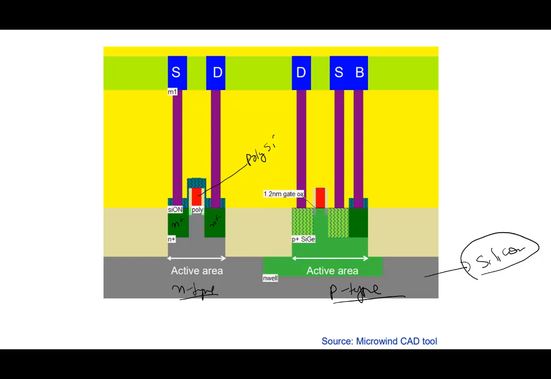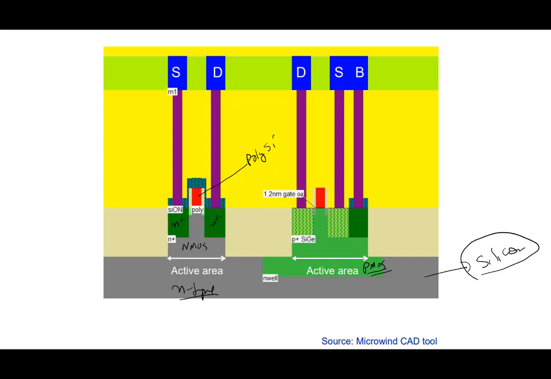Red is polysilicon. Under the polysilicon is a very thin gate oxide, and the contacts typically are... So you have an NMOS here. Sorry, NMOS here. And you have a PMOS here. This is the PMOS here, right? P-type. PMOS here. Also an important thing to note here is that there is this concept of active area